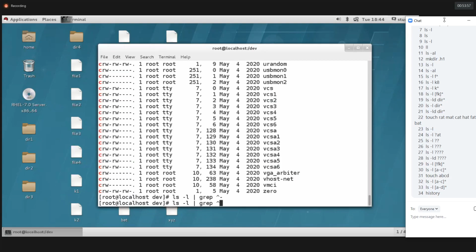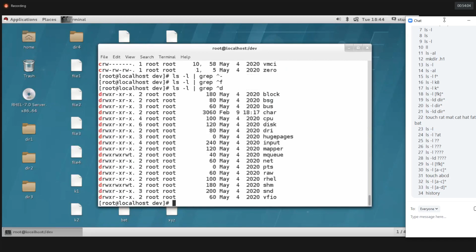I think we don't have normal files here. And if I provide D, it will print directories. Clear, guys? Cap will consider the first letter in an output.